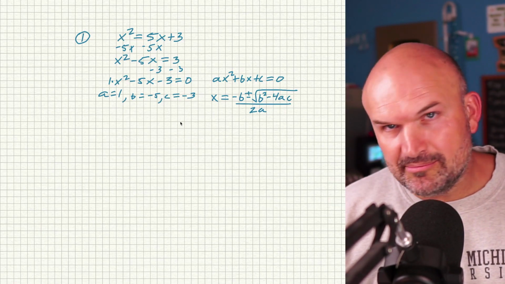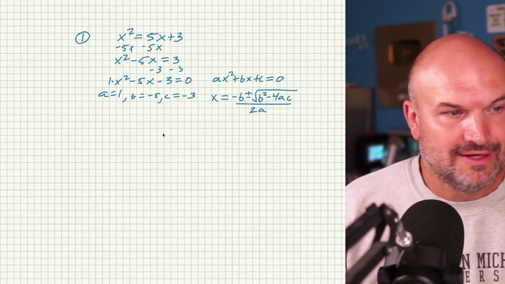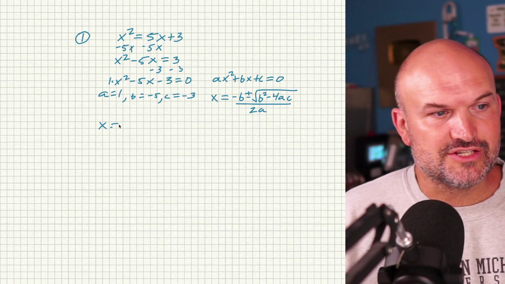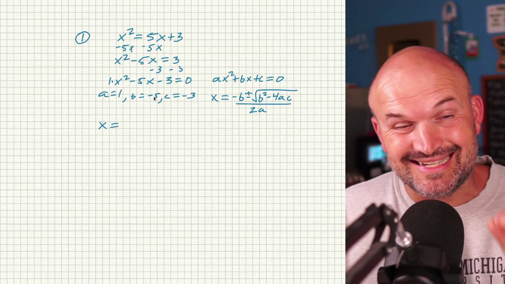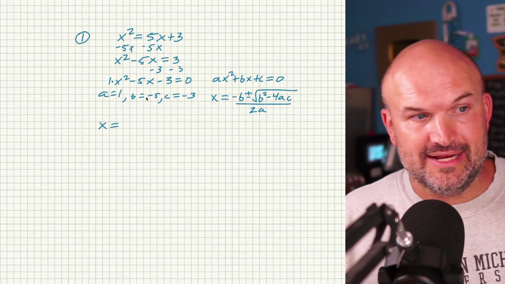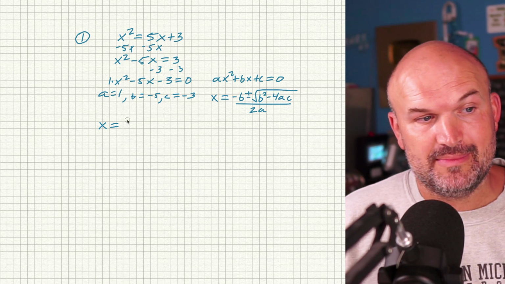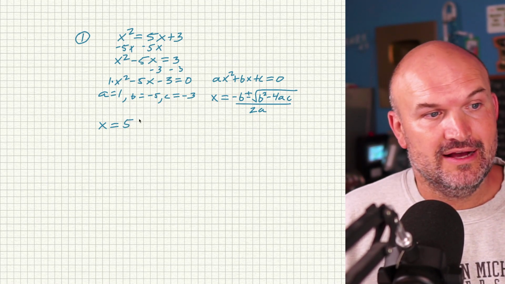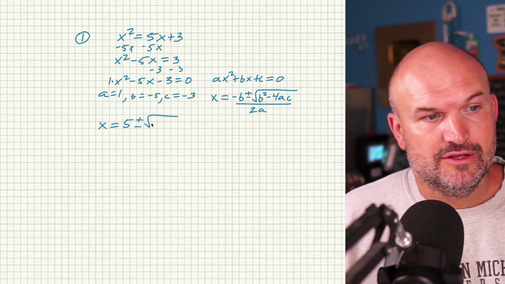Okay, so let's go ahead and plug it in because, I mean, we might as well at least do 1, so you guys can see. So x equals opposite of b. Now, again, it says opposite of b, not negative b. Right? So b in this case is a negative 5. So now my b is going to be a positive 5, and that's going to be plus or minus,